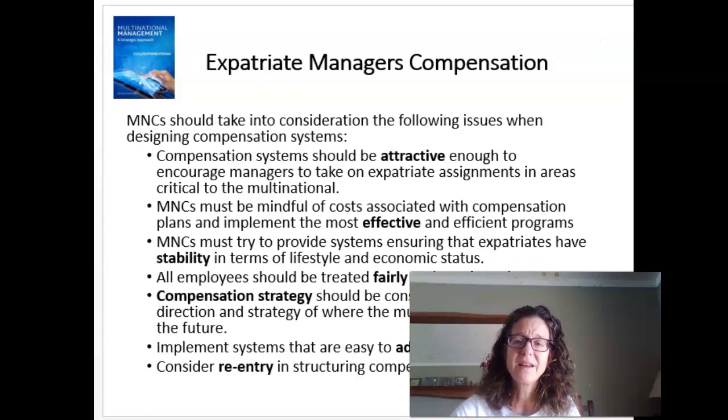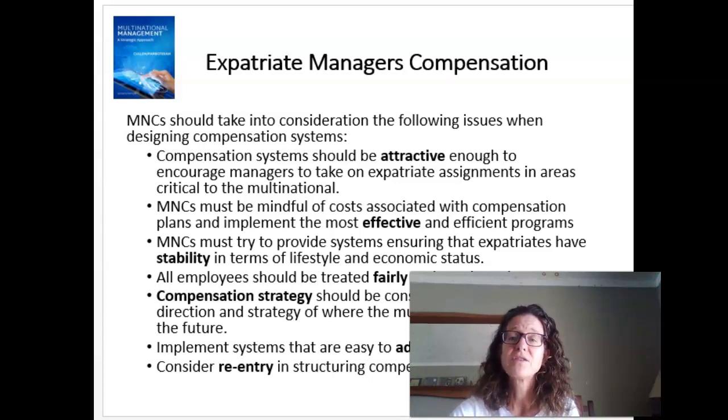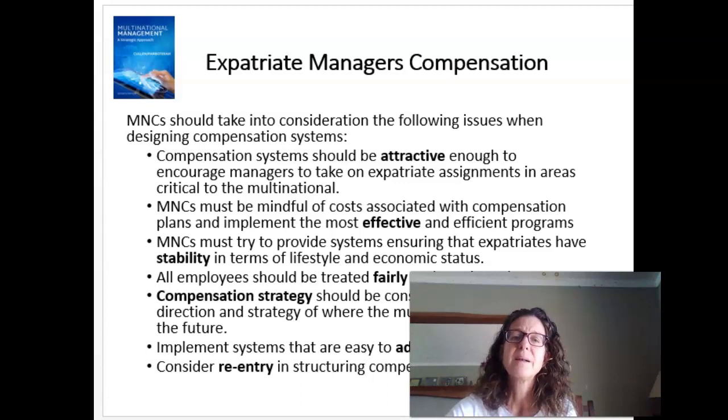It's important to understand and remember that there is potential for conflict when compensation packages are discussed. The expatriate, on the one hand, is going to want to make sure that he or she and their family are protected and are not going to suffer a loss in quality of life. And so the expatriate is going to be motivated to seek higher compensation, whereas the multinational is going to seek efficiency and equity, but also an effort to reduce cost. And so it's important to recognize the potential for conflict and always remember that there is a common goal for the expatriate and the multinational, which is a successful assignment.